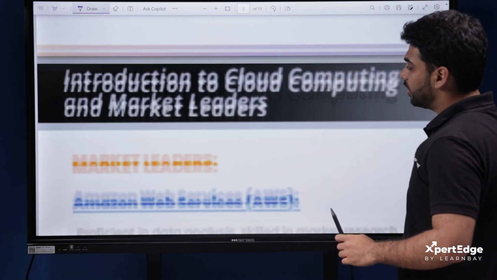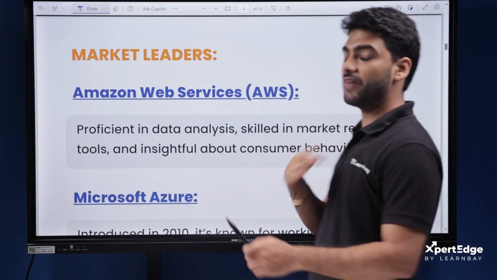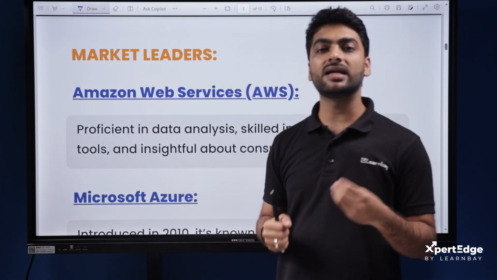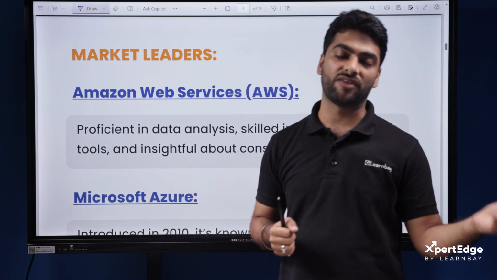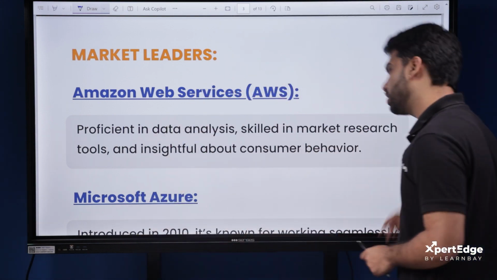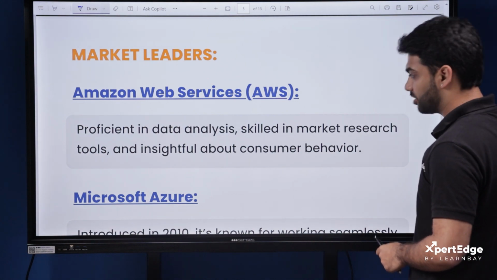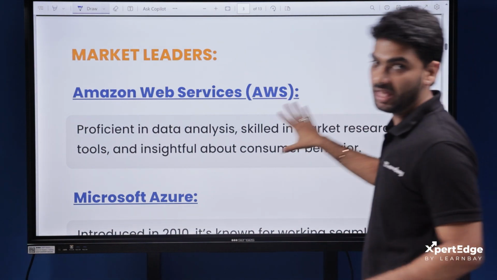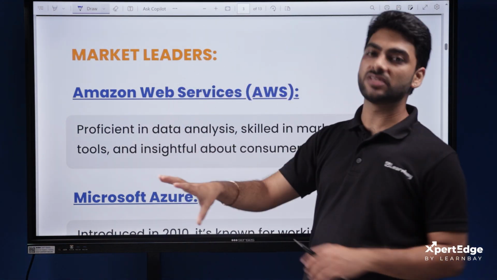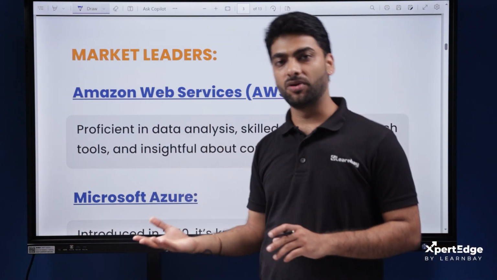Then we look forward and understand the market leaders. When you talk about cloud computing platforms, we have three market leaders. One is Amazon Web Services, that is AWS. Second is Azure, and the third is Google Cloud Platform, or GCP. When I talk about Amazon Web Services, popularly known as AWS, it is proficient in data analysis, market research tools, and insights about consumer behavior. Netflix is somebody that uses Amazon Web Services as its cloud computing platform, right? So Netflix is a live example of using